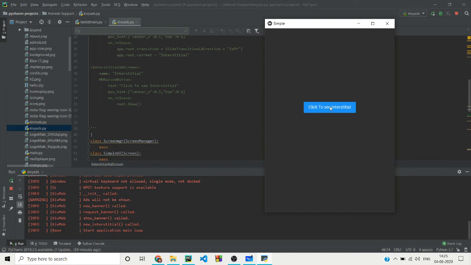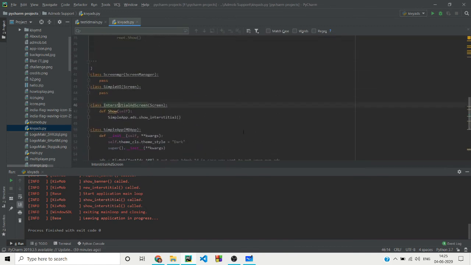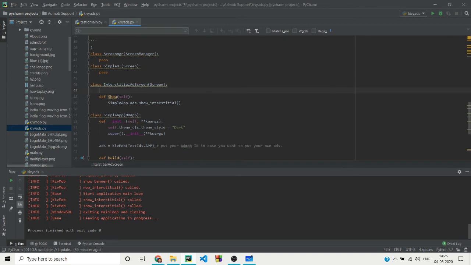And when I click on this button, click to see interstitial, it will call the show interstitial function. See, show interstitial function is called. So it means that the ads are shown, but I forgot again to reload them. So let's reload them. For that I will be going to this interstitial ad screen and override some functions